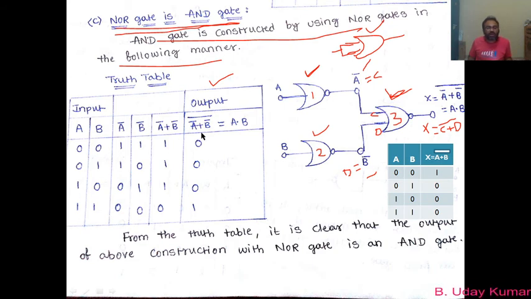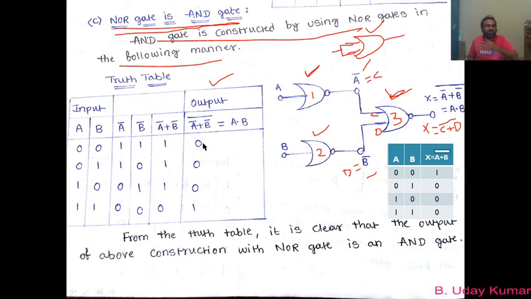Okay, so in this output we have A bar, we have B bar, and we have A bar plus B bar also. So for that let us take three more columns here, in which from A we will find A bar, from B we will find B bar, from these two columns we find A bar plus B bar, and once you get that value, if you apply the complement, you get (A bar plus B bar) whole bar.